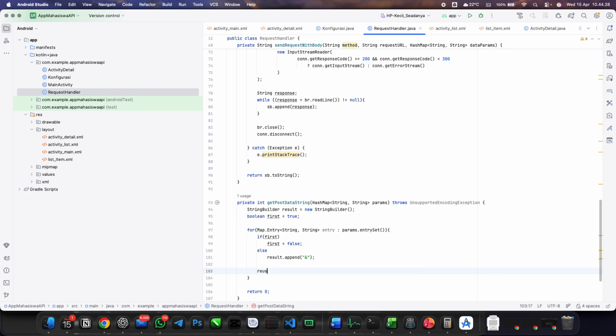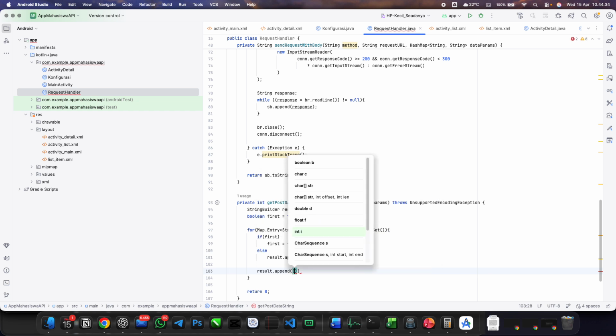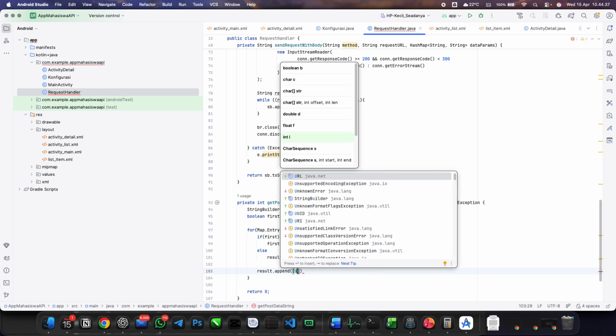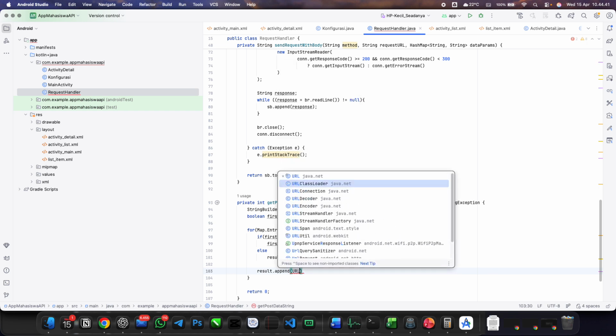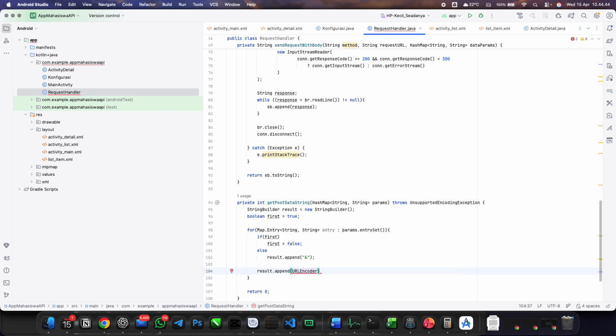Okay, result append the URL, using URL encoder dot encode, the entry dot get key, using the charset UTF-8.